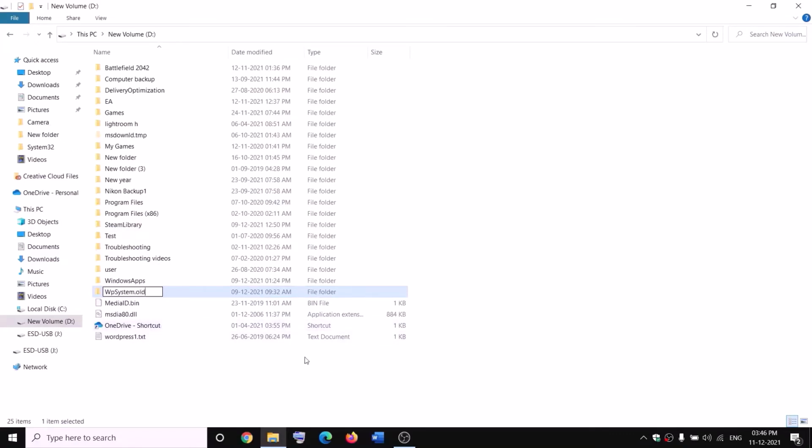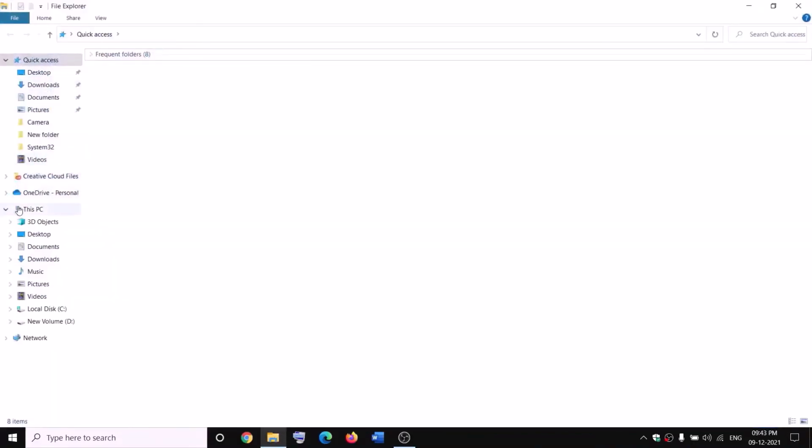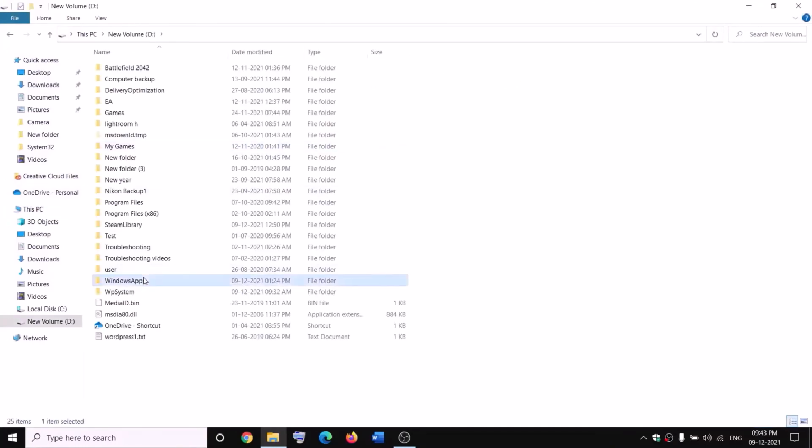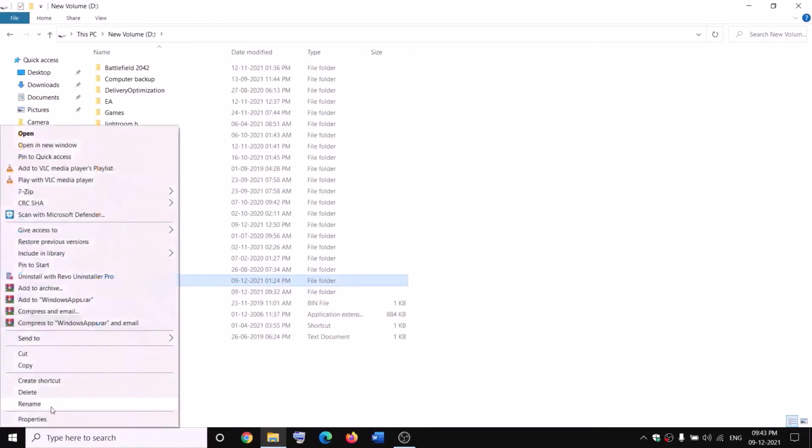Now if you still face the problem, in that case, you can go ahead and restart your computer and then try to rename it once again. Open File Explorer and then go to This PC, open D drive, then make a right click on Windows Apps and then rename it. Now before you rename, you have to take the ownership. Make a right click, then click on